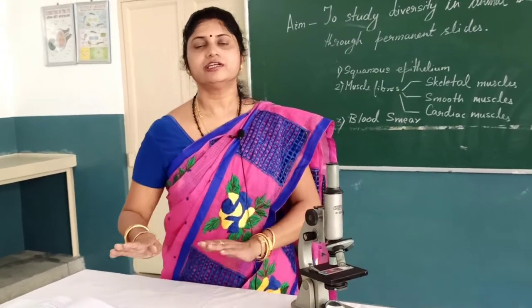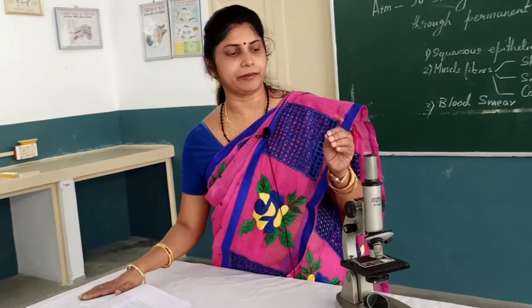Along with that you can take your lab manual so that you can see the diagrams and the comments written in it. You can check from the lab manual whether the comments match those identifying features or not. And you can take one notebook and a pencil, so that whatever you are seeing under the microscope, you draw the diagram and write down the identifying features. Clear? These are the materials required.